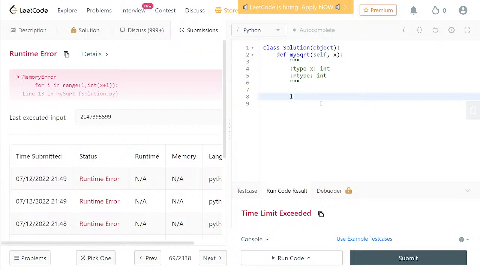We need 2 values. Lower would be 1, we will start from 1, and higher would be x. Then while L is less than H, so lower should always be less than H, until then we will calculate a mid. So mid is equal to (L plus H) divided by 2. Basically this should be the mid. And then what I can do is